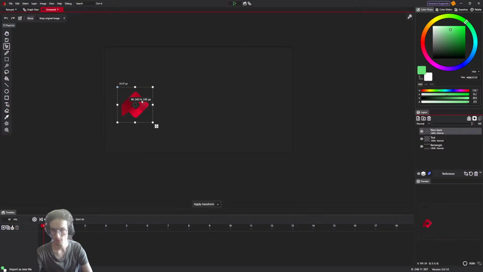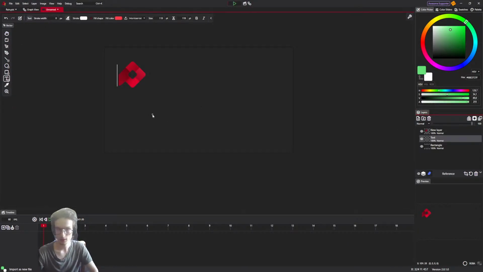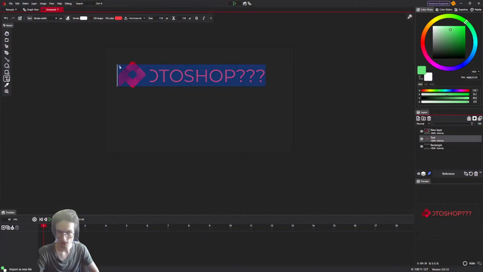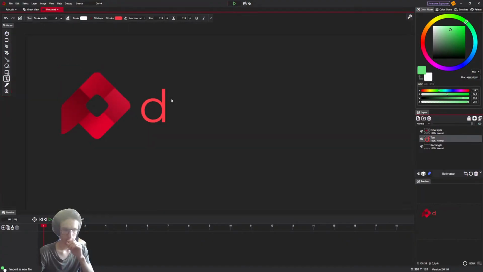Maybe, I don't know, let's have it here. Again, text. Not Photoshop. I can't move the layer if I don't have a character, that makes sense. Hello chat, everyone.